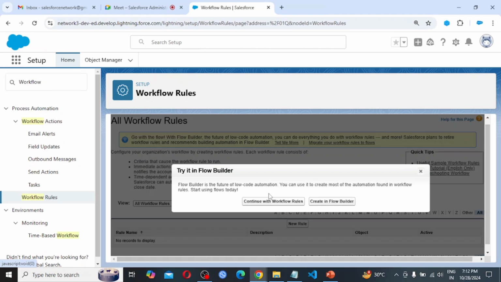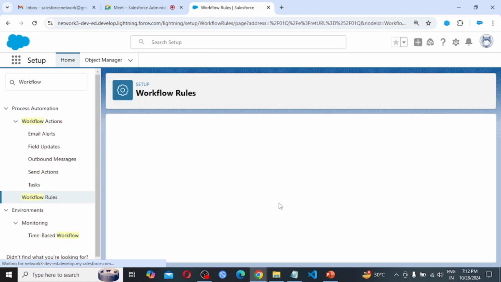So it is prompting us that if someone is going to create a workflow, don't go for workflow, directly go with flow. All the things done by workflow can easily be done by the flow also. We can go and create the flow builder, but so continue with workflow rules.